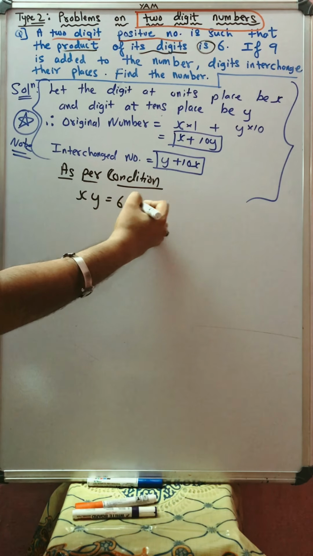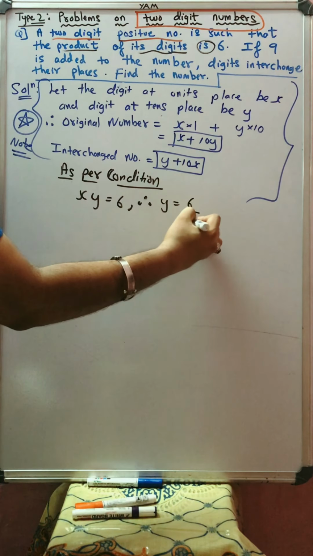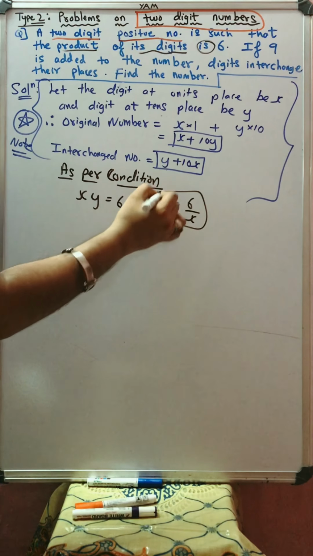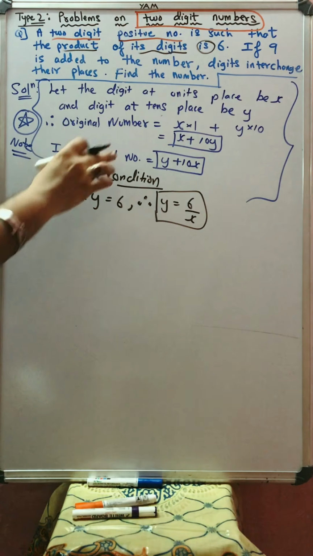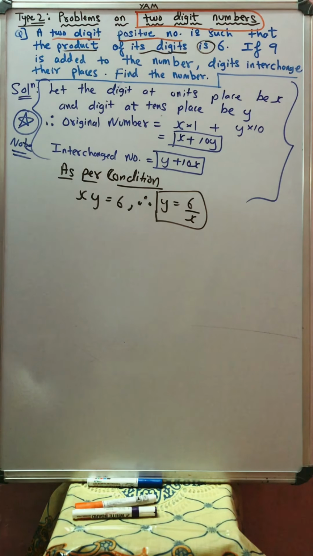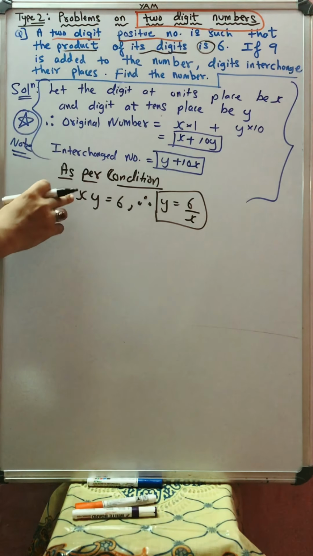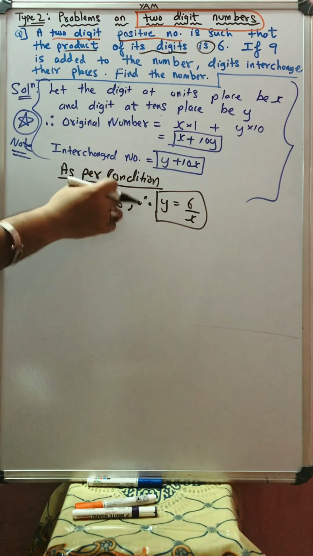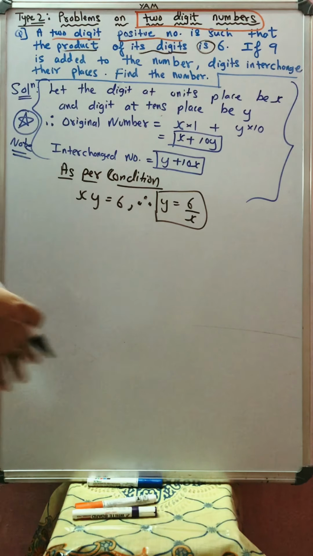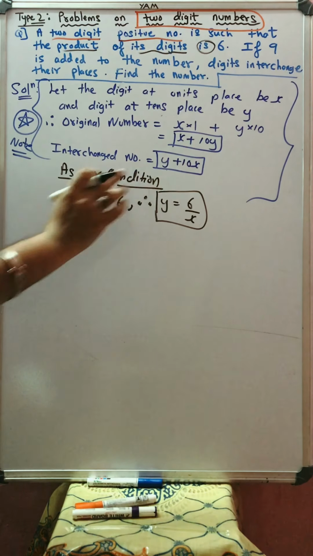I don't have plates. That's why, students, I'm writing on the right hand side. But you all will do one below another. So y is equal to 6 upon x. We got the value of y in terms of x. So now wherever we have y, we will not write y. At the place of y, we will write 6 upon x. So by this, we will eliminate y and our question will become fully in terms of x. You can do vice versa also. You can bring out the value of x. X is 6 upon y, and then your sum will become in terms of y. Depends upon what you like. Okay. Y is 6 upon x.